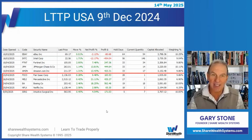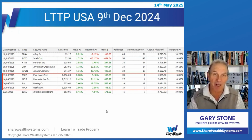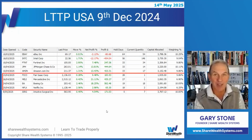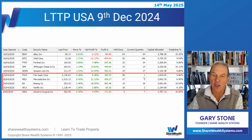So now we are learning, and this is to a degree a mistake in terms of not getting the money in the market. So what would you do here? Well, you would modify if you only got that amount of money to trade with. When we go to investment plan, actively investing for profit rather than skills acquisition, when you've gone through this process and you've got the skills, and you've only got that amount of money to trade with, then you would